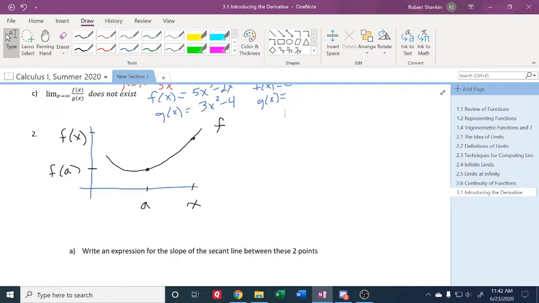Okay, anybody need more time? Number 2? Let's go ahead and look at it. I am going to rewrite this as a point, a, f of a, in real familiar terms. x, f of x is this point. And then this line